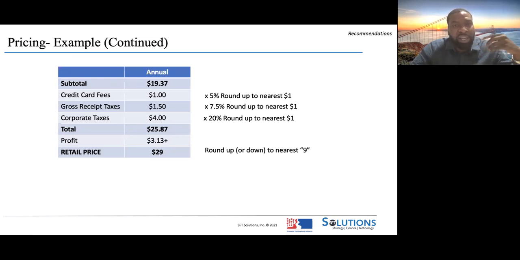They've even done studies where they ended the good in a 7 instead of a 9, and people still went with the higher price item. It makes absolutely no sense, but it doesn't need to make sense, just do it, right? Round up to the nearest 9. That's my recommendation.